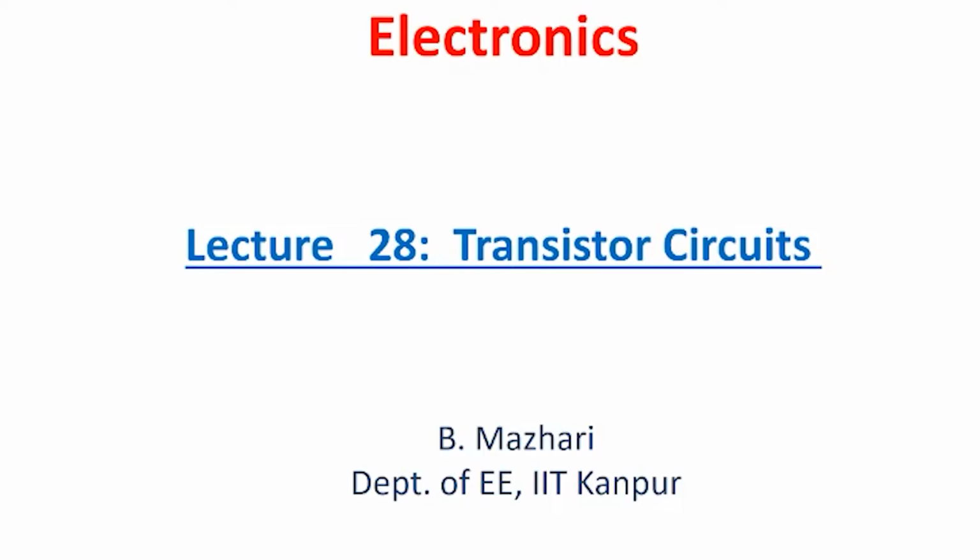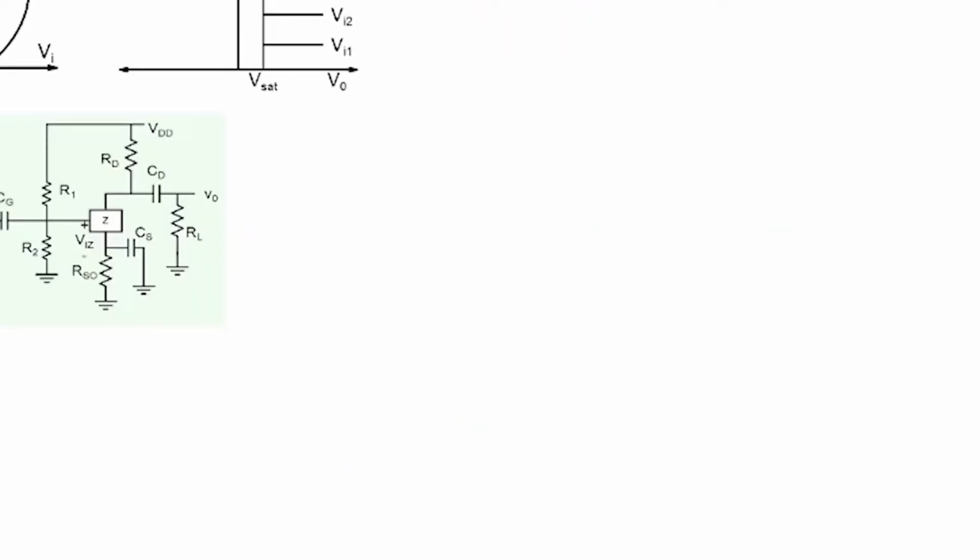Okay, so let's continue our discussions related to this particular course, Introduction to Electronics. In this lecture number 28, we'll look at transistor circuits. If you recall, in the last couple of lectures, we had seen how we can take a three-terminal device, a unilateral device, and despite some non-idealities in the characteristics of that particular device, how we can construct an